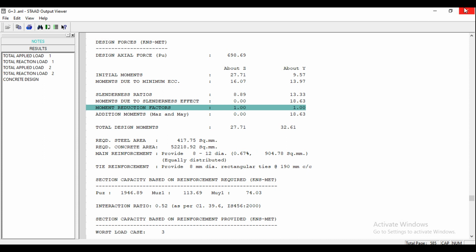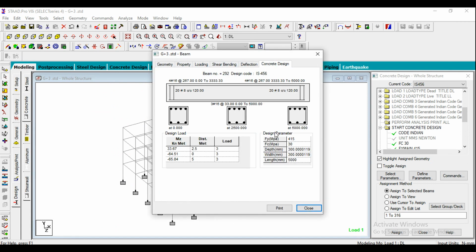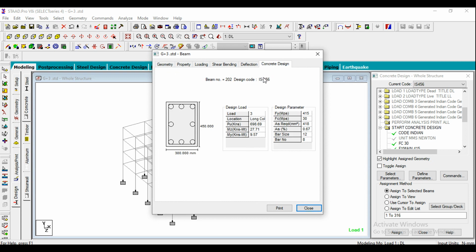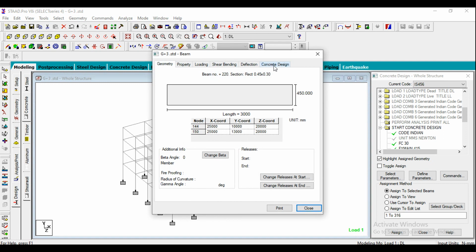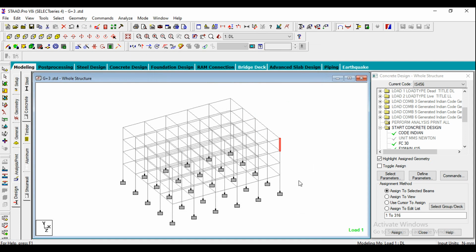So you can close and you can double click on the beams and you can see the concrete design here. So it will be showing the number of reinforcement provided here. Similarly, you can select one column and you can see the concrete design here. So if you observe, we got this column. Okay, for bottom column we got bar size as 12 and bar numbers is 8. I'm going for the topmost column and you can go for concrete, and here we got the 20 bars. Okay, so actually there is a small mistake in the design, I think. So we will see how to adjust the minimum reinforcement and how we can change the other parameters for the designed structure.